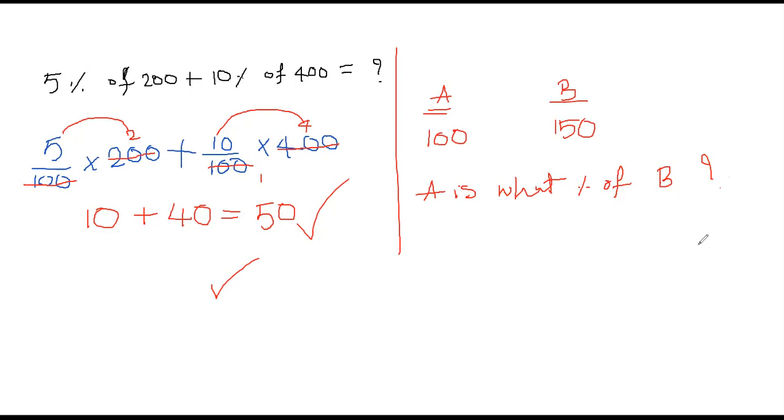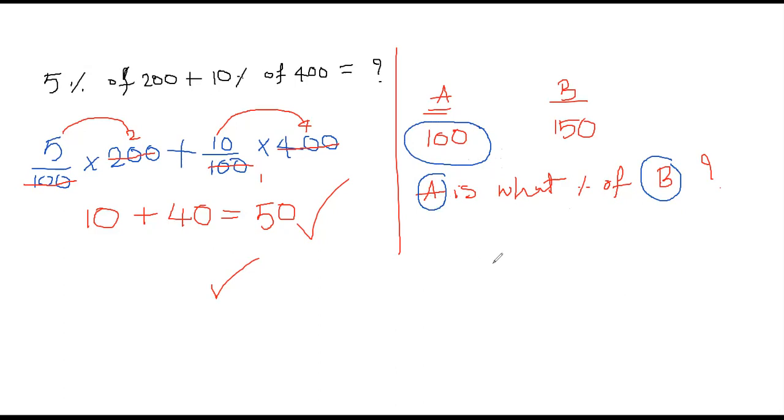Copied. This type of problem, see the first question and this question, these two questions are different. In the first question, they are asking A is how much percentage less or percentage more. That is the first model. And now in this model, A is how much percentage of B. When they are asking A is what percentage of B, what to do here? Not 50, don't tell the answer is the difference.